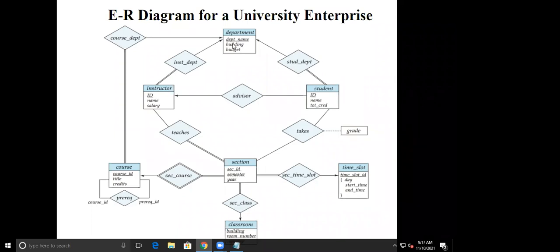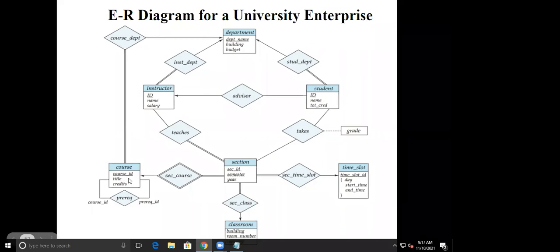Consider that right now you want to establish a new department. The institute has officially got the permission for opening the new department, but it might happen that no faculty is assigned. Such information we can also represent here. Then a student is also associated with at most one department, and participation is total.